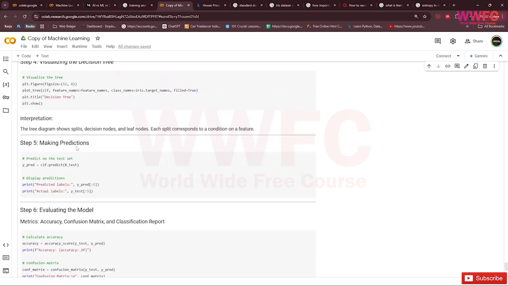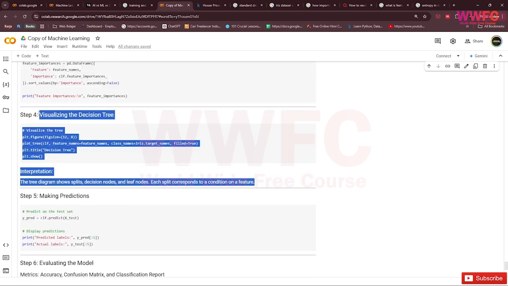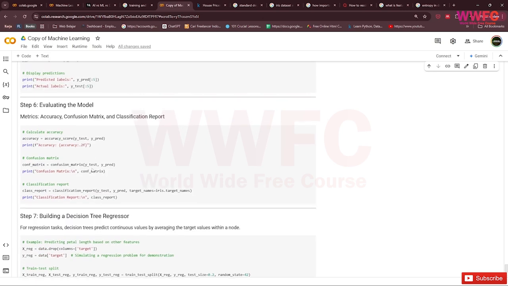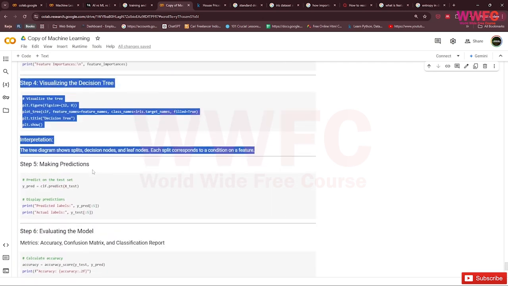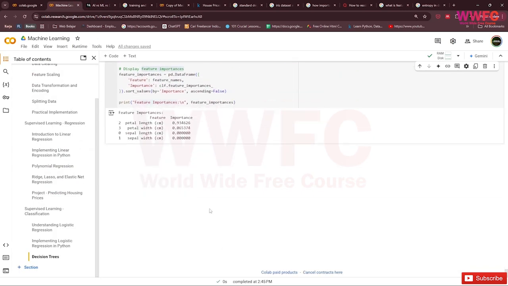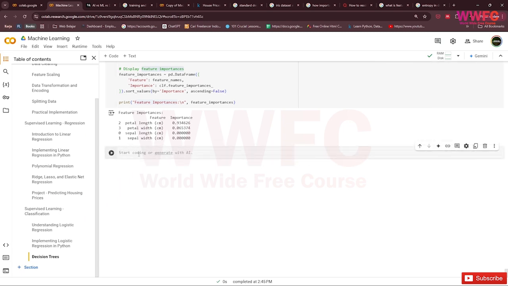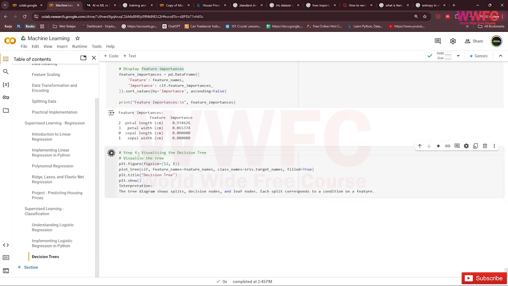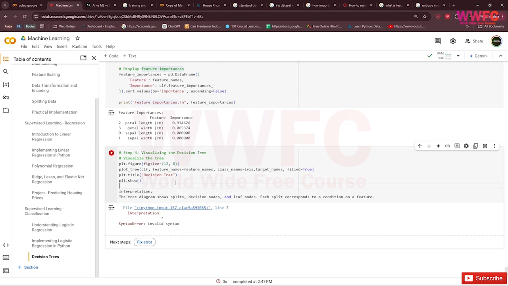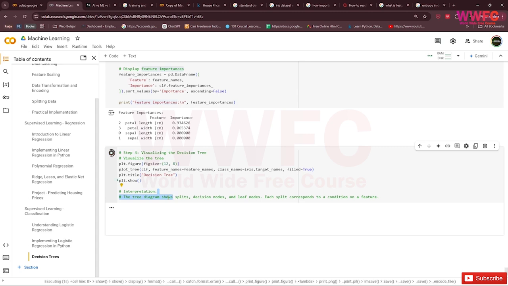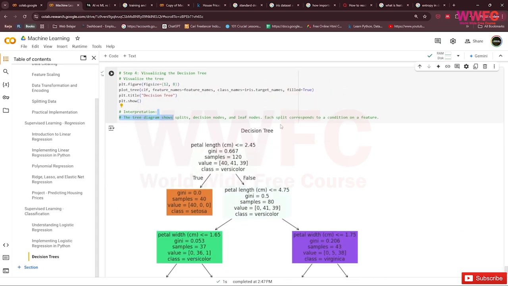Next, we want to visualize the decision tree. So we visualize the tree like this.